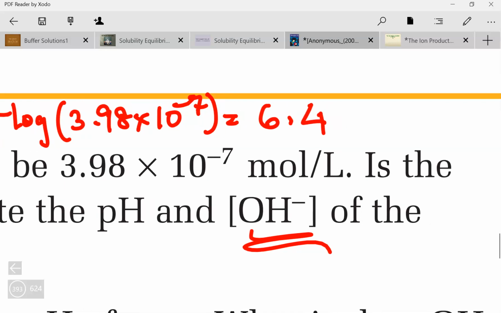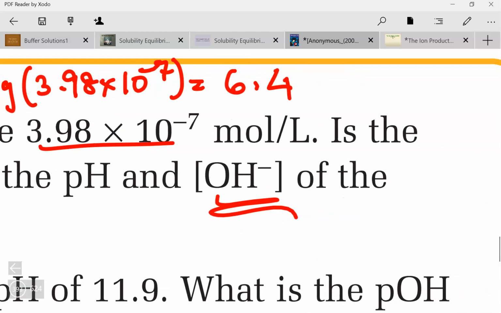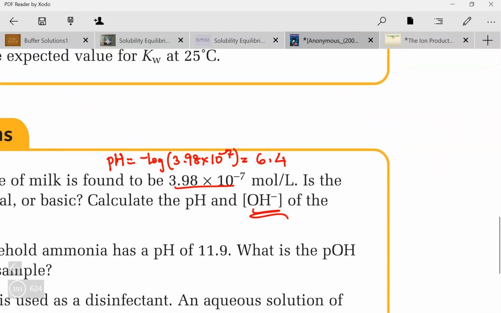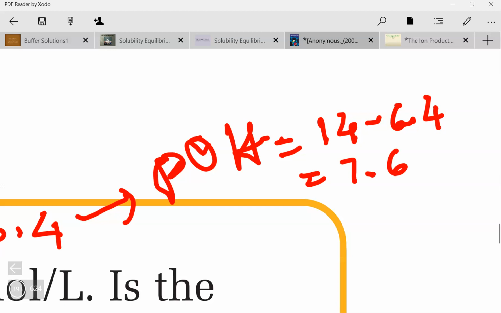So I can go two ways about this. If I want to calculate OH minus, I can just do, again, Kw divided by my H3O plus. Alternatively, from here I could find my pOH, which was 14 minus 6.4, which is 7.6. I think I rounded a bit. And so 10 to the power of negative pOH is going to give me my OH minus. I'm doing the long way just to show you all the formulas. So I do 10 to the power